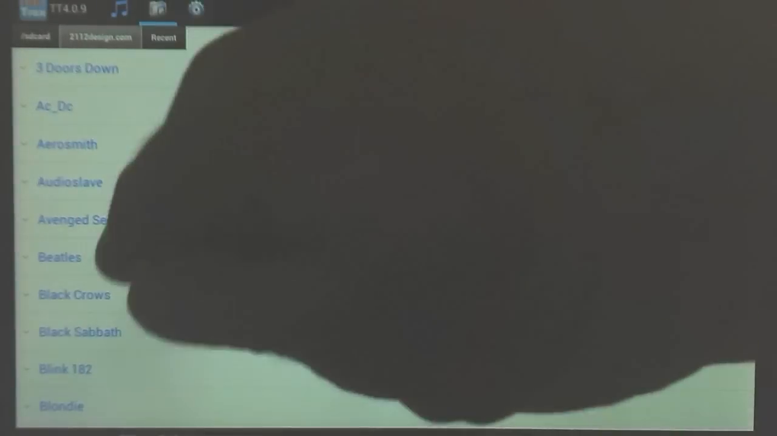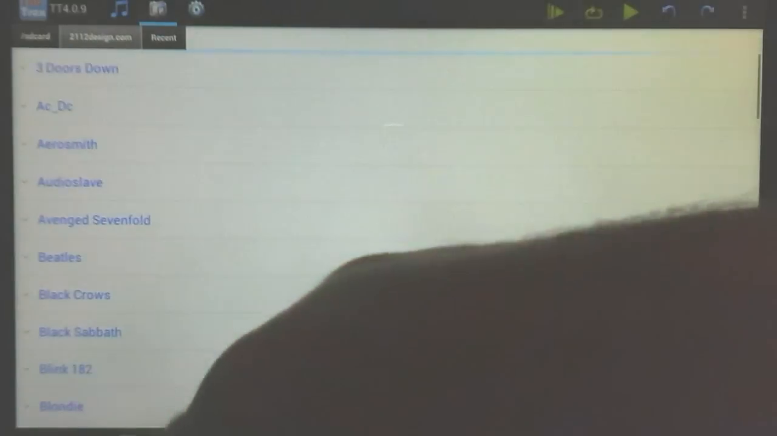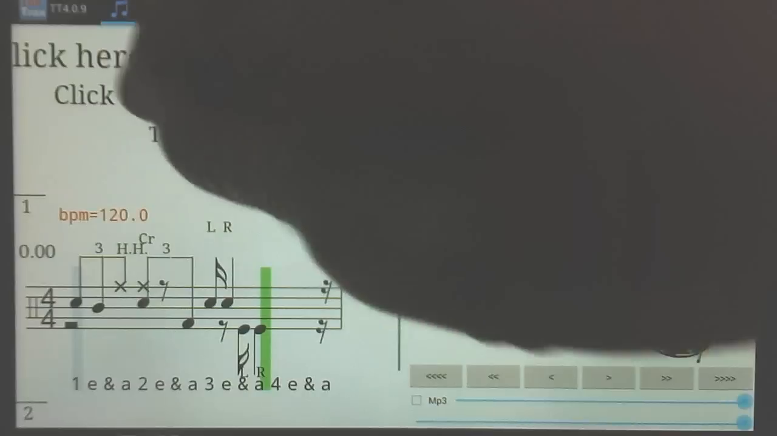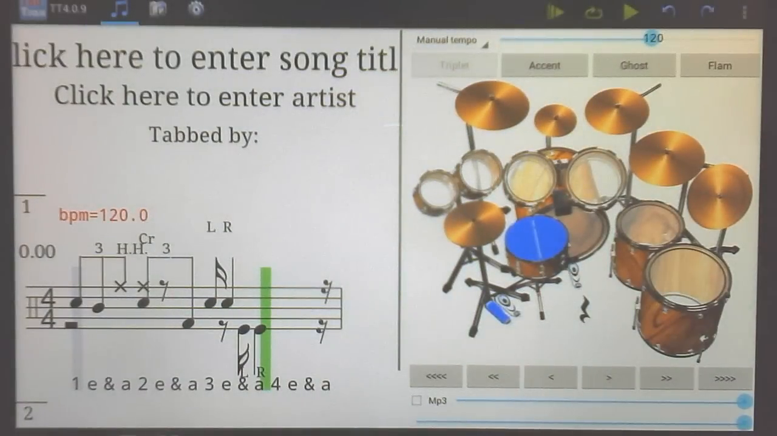Of course, I can go over here to find songs that are already on my website on 2112design.com. There's an awful lot of songs already you can go ahead and download. But I want to show you one very cool feature with TabTrax, which is the ability to send tabs directly from your PC. On my PC right now I have a tab loaded,